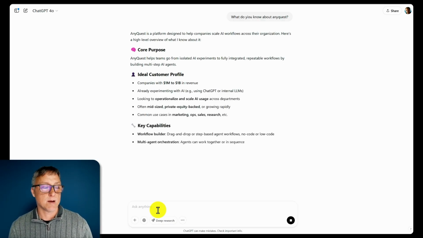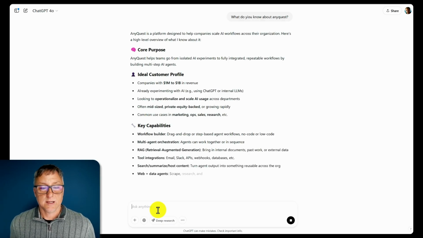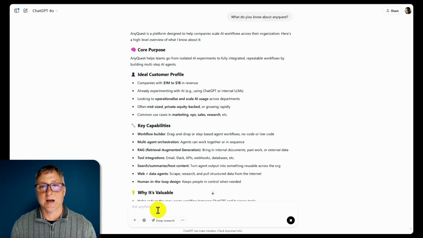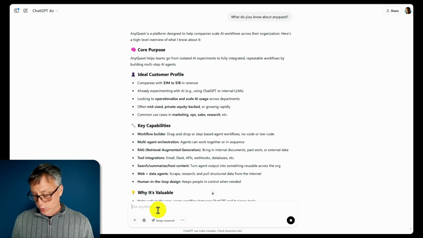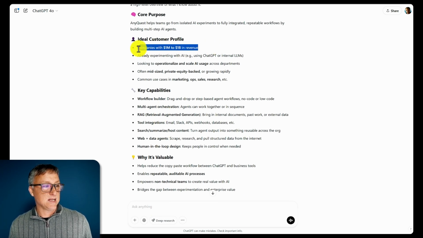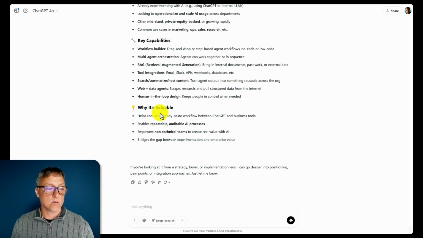So let's see what it's come up with. It does have knowledge about AnyQuest already. Either it's figured this out through previous chats with me, or it's gone through the internet and found AnyQuest. And either way, this is pretty interesting information. I can see that, in fact, this is something I've taught the AI in the past, so it is using information it's gleaned from me as well as what it could find. So we are going to use AnyQuest in later exercises, but for now, let's keep making a tour of ChatGPT.